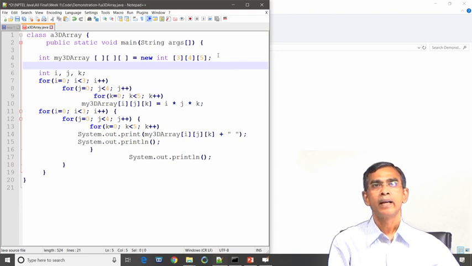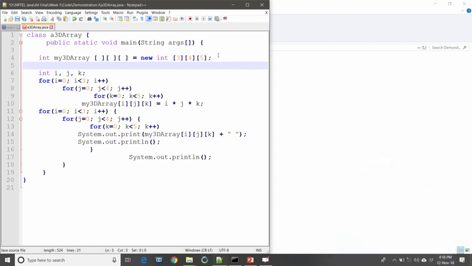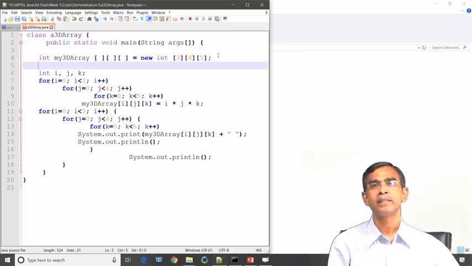for the array, and here you see 3, 4, 5 are the 3 dimensions. The first dimension is for the number of pages, the second is for the number of rows, and the last dimension, 5, is the number of columns. If it is a 2D array, then it is 4, 5; if it is a 3D array, then 3, 4, 5, so 3 dimensions.